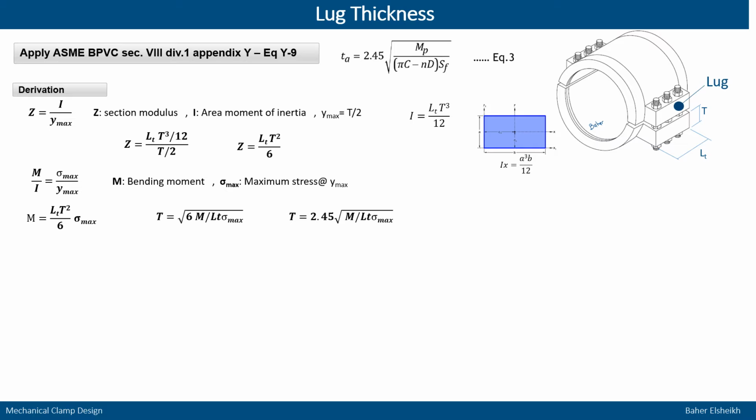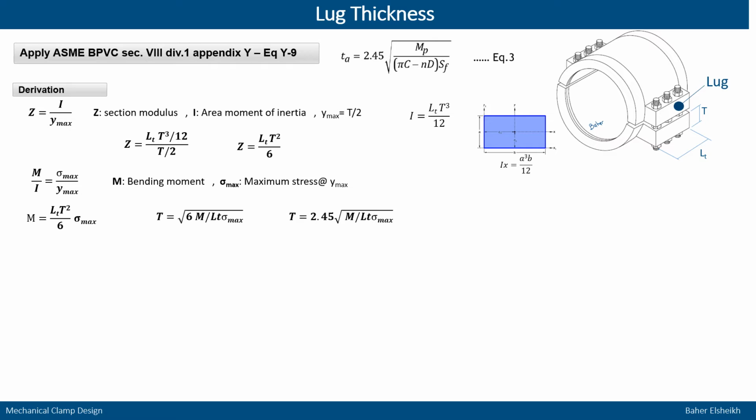Section modulus is a geometric property for a given cross section used in the design of beams or members, and it is defined as the ratio of the second moment of area to the distance from the neutral axis. So if we need the section modulus, the distance y here will be the maximum distance, and for the moment of inertia of the lug, which is a rectangular shape, we can simply apply the standard